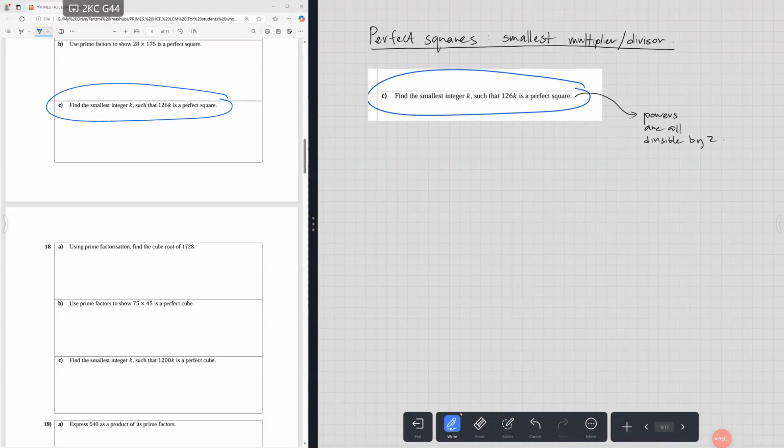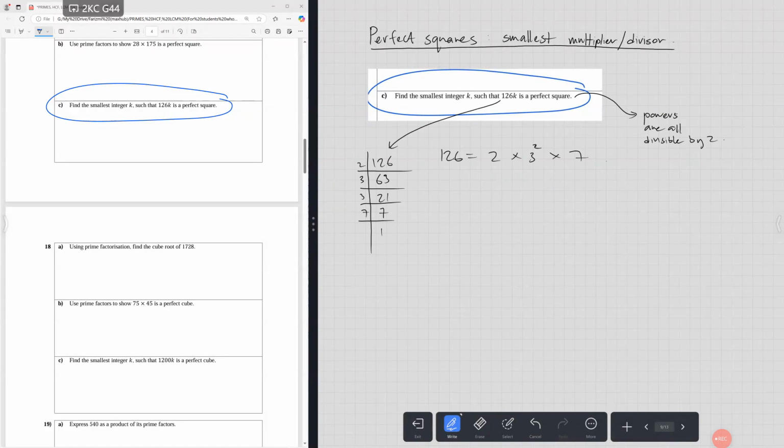Okay, so we set up our board on 126. First of all, we also have to find our prime factorization for 126. So let's do it quickly here. Use the ladder method. 126 divided by 2, you get 63. Divided by 3, you get 21. You get 3 again. You get 7. 7, 1. So we know that 126 equals 2 times 3 squared